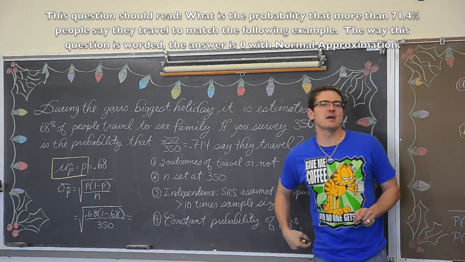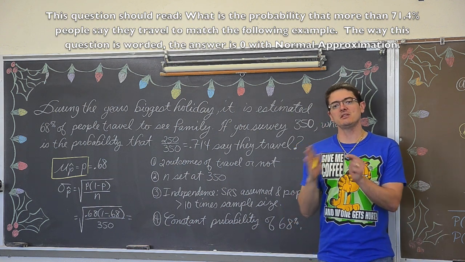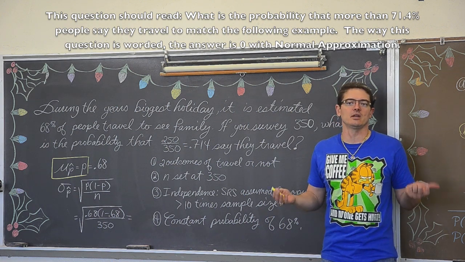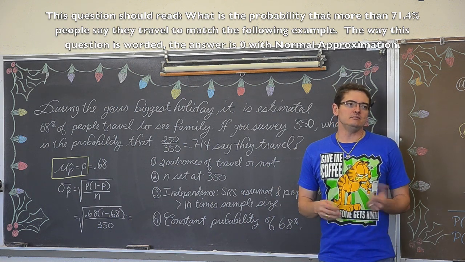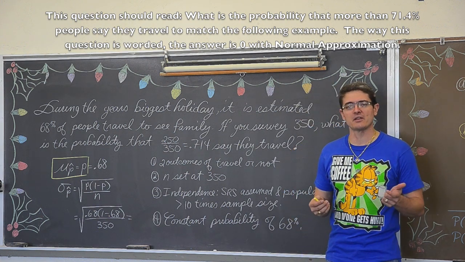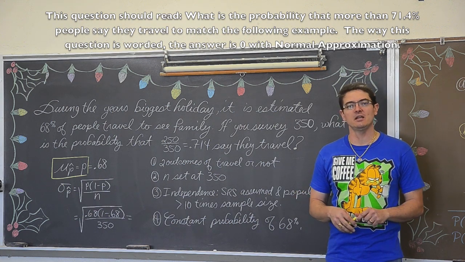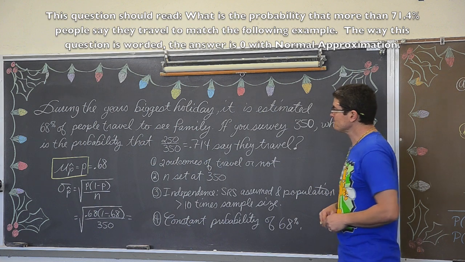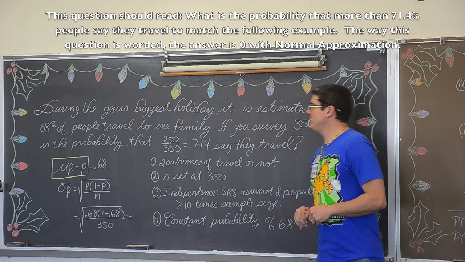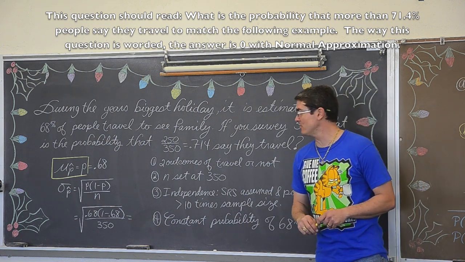Okay, we're going to use the same example that I used in my video about binomial counts, just so you can see the close relationship between using binomial proportions and binomial counts. They're really exactly the same. Well, I can't really say that because the formulas are a touch different, the mean and standard deviation formulas, but other than that, it's still a binomial setting. You still have the same checks, the same check for normality, and we're going to be doing z-scores again for normal approximation. So, during the year's biggest holiday, it's estimated that 68% of people travel to see their family, and